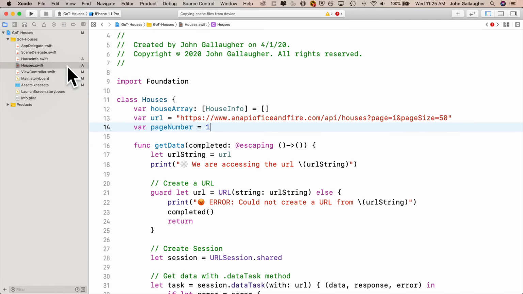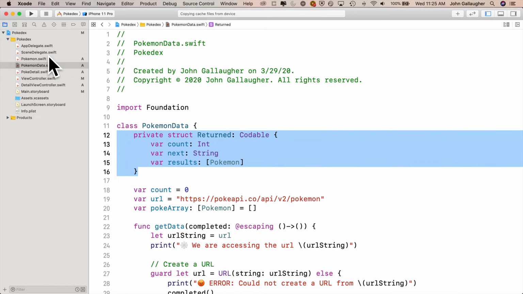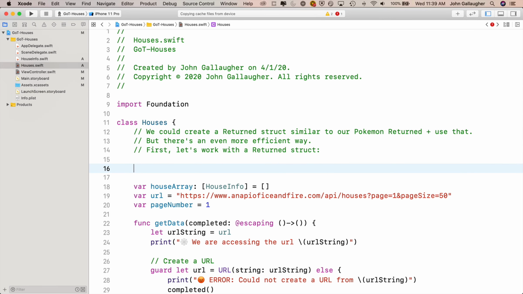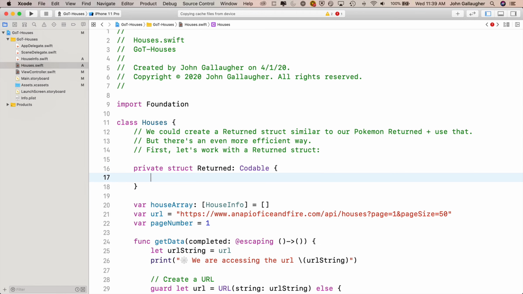I'm going to show you a couple of techniques, hopefully building off what you've already worked with. Now, we could create a return struct similar to our Pokemon return data and use that, and we'll start there because that's the most familiar technique you've used, but there's an even more efficient way. But first, let's go ahead and work with the return struct. So just like in Pokemon data, I'm going to say private struct returned, and it's going to be codable, open and close curlies, and now this is going to be the stuff that's specific to the Game